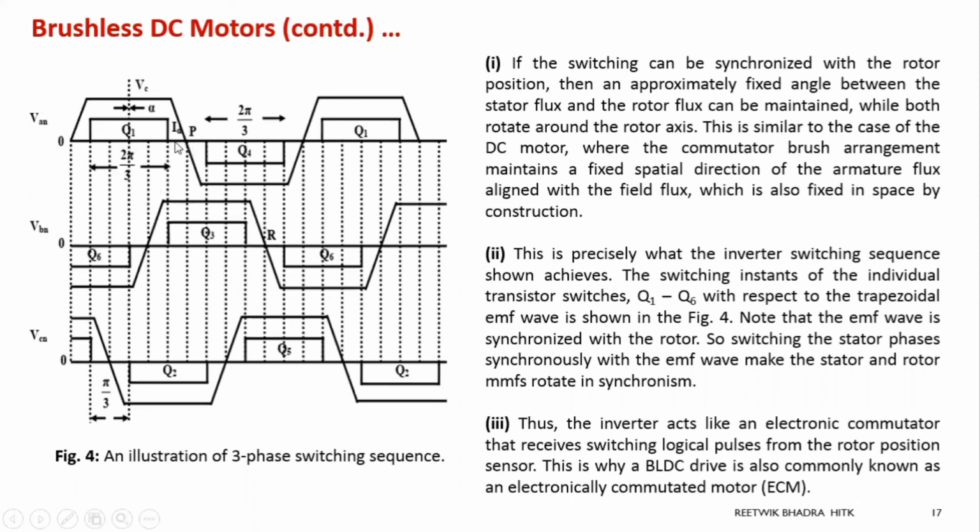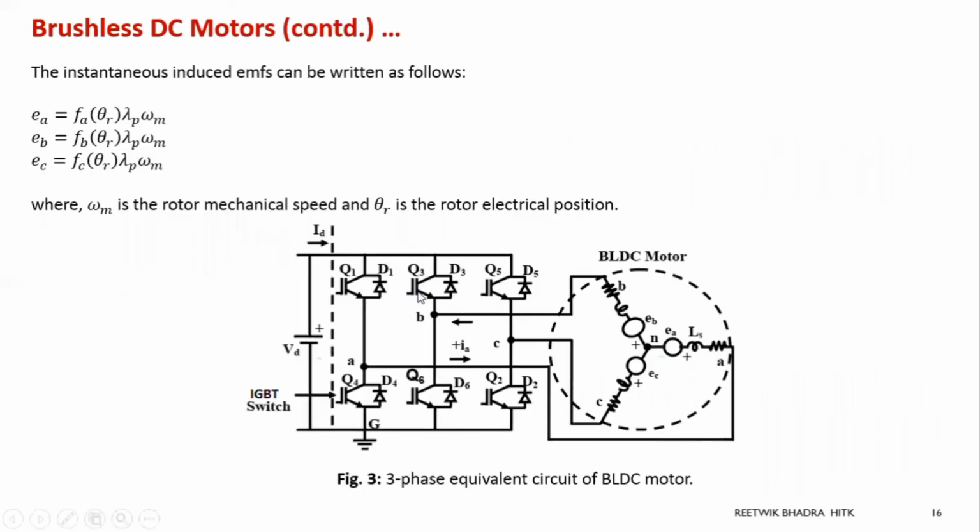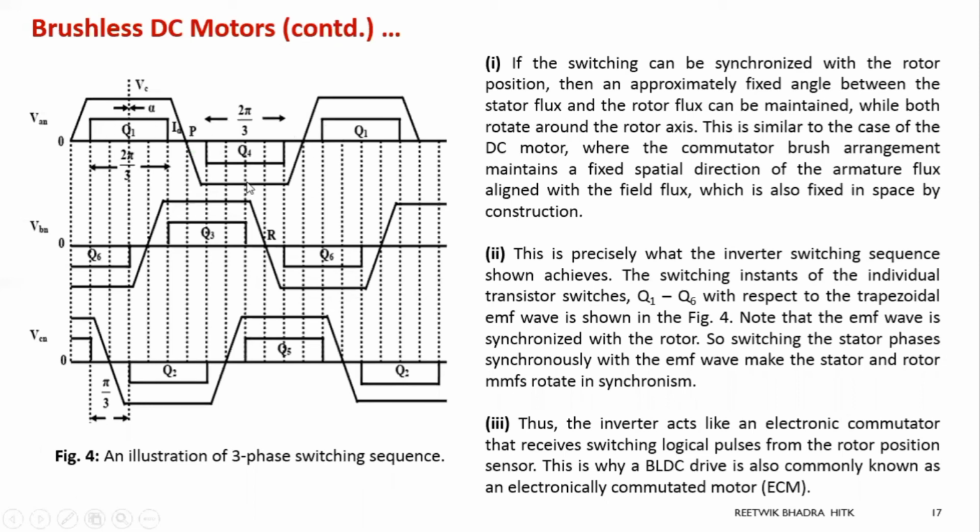Because you know in 180-degree mode of operation, there is a cross conduction fault. So you have to use 120-degree mode of operation, so that there is some finite gap between switching off of Q1 and switching on of Q4. So that's why 120-degree mode of operation is taken. That's why I'm not explaining how all this operation is formed. Okay, you can go through all these points and check the inverter.